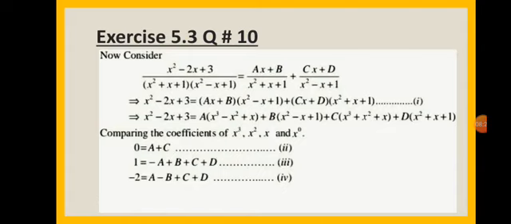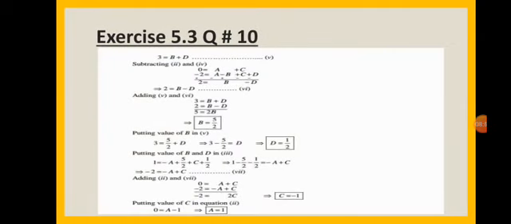So the next is x square. The coefficient of x squared gives minus a plus b plus c plus d is equal to 1, and the coefficients of x give a minus b plus c plus d is equal to minus 2. Moving on to the next slide, students, we have 3 is equal to b plus d,